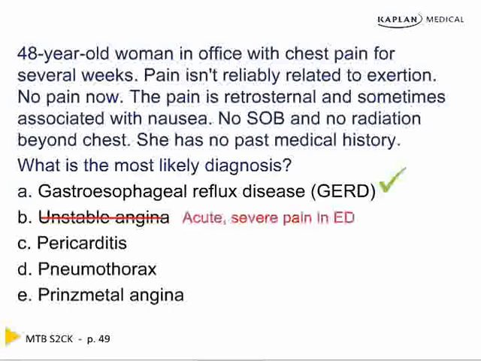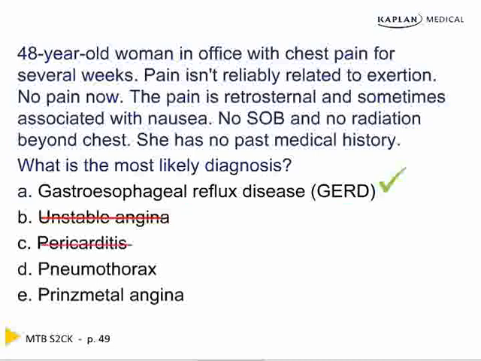Could you say categorically that 100% there is no coronary disease? No, you could not say that. But the questions on Step 2 don't say what the diagnosis is. The questions simply say most likely. And it is a 99.9% chance this is not coronary disease. So we have unstable angina if there's an emergency department, and remember we will be using the term emergency department,